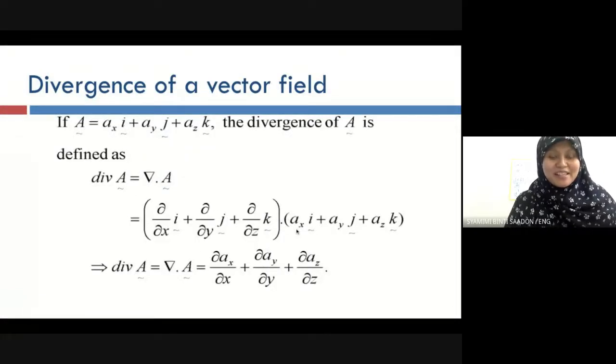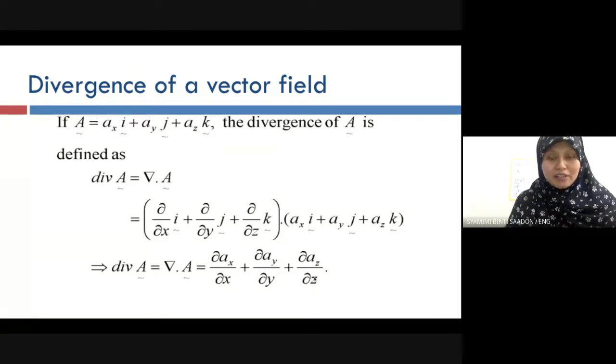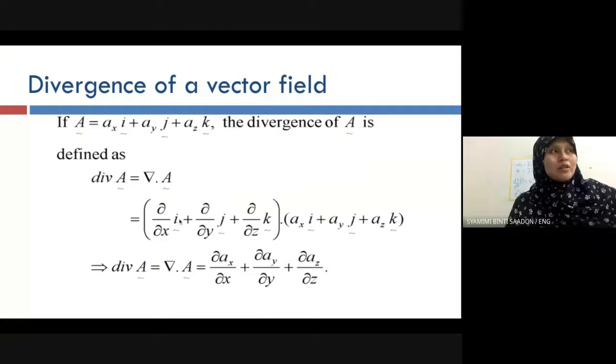So we do the dot product, and divergence A will become this way, a scalar, plus, plus, plus. There's no direction, because when we do the multiplication,